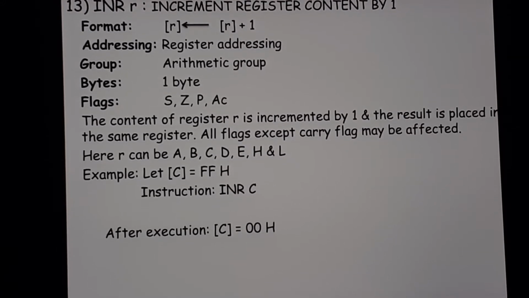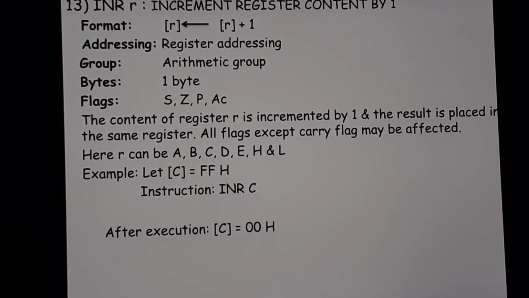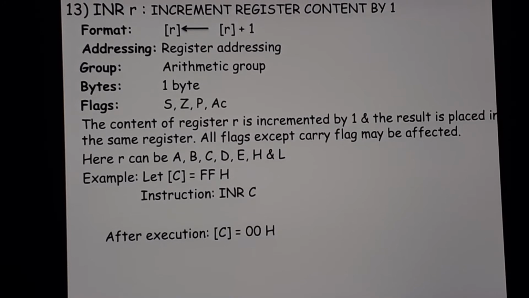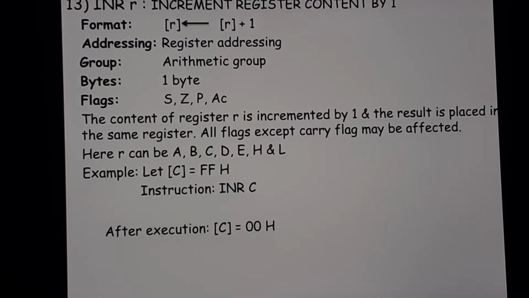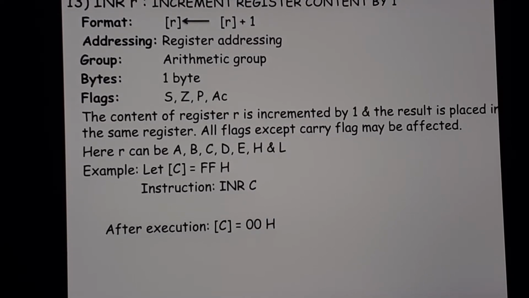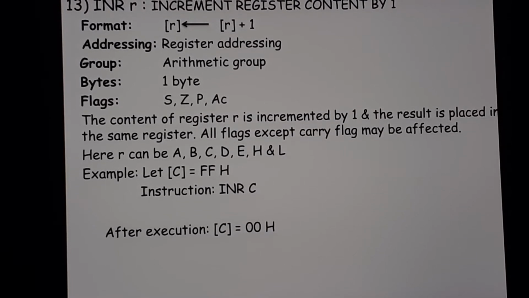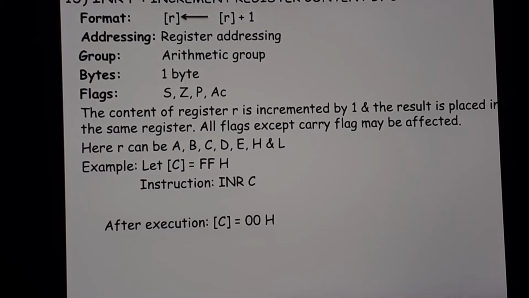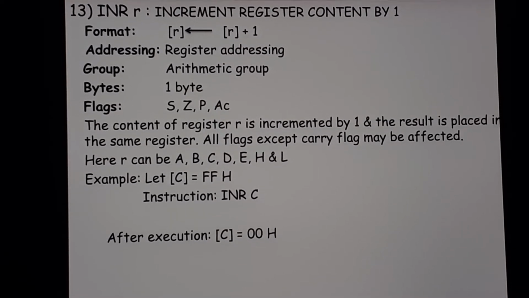If you try incrementing register C, you write FF in binary, which is 4 times 1 for F and again 4 times 1 for the other F, and then you add 1 to that FF. 1 plus 1 is always 0, then you keep on taking the carry, and hence the result will come 00H and 1 will come for carry, which you have to neglect. You do not need to mention the carry flag here. So after execution, the content of register C is 00H.